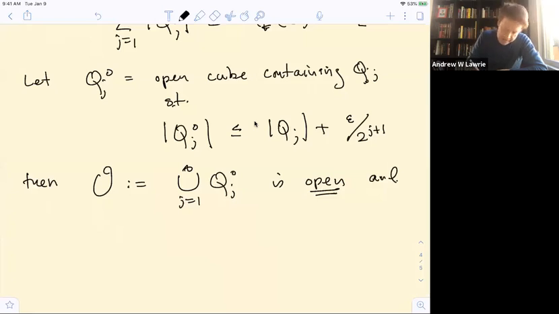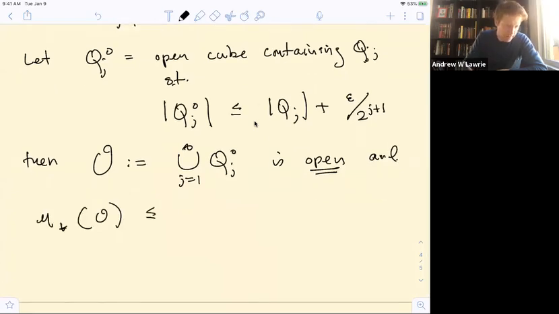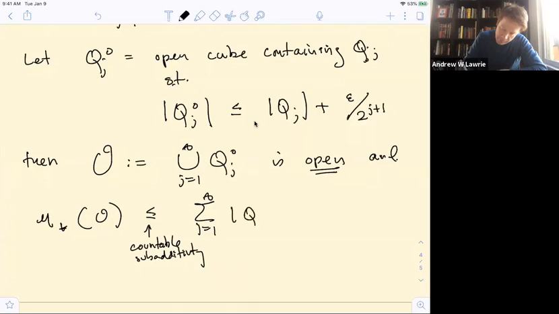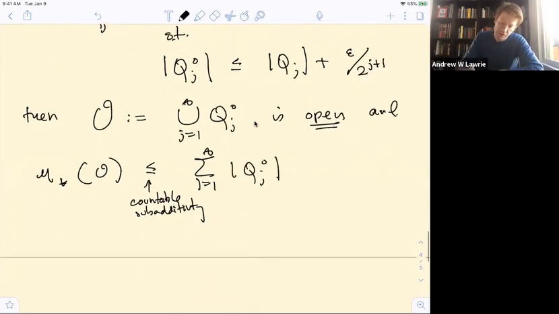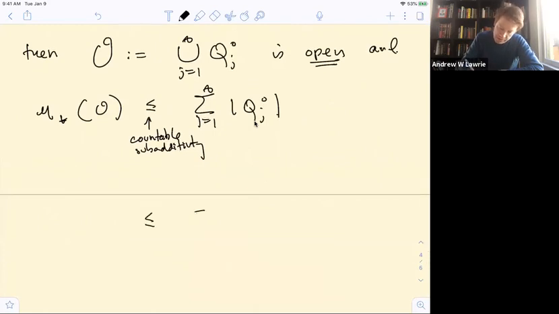And μ*(O) is less than or equal to, by the previous property, countable subadditivity, the sum from j equals 1 to infinity of the volumes of the Qj°'s, which in turn is less than or equal, by construction, to the sum of the measure of the Qj's plus epsilon over 2 to the j plus 1,